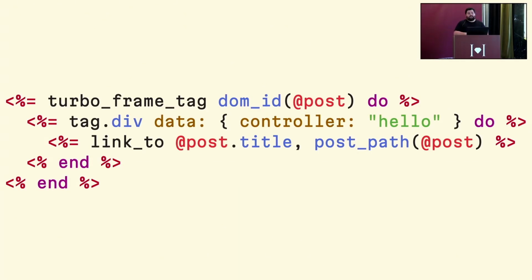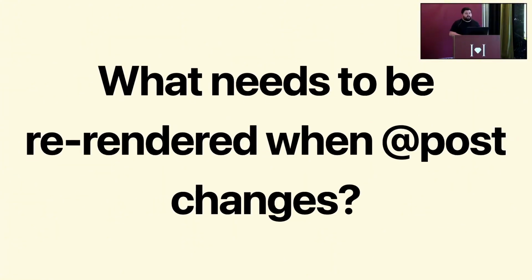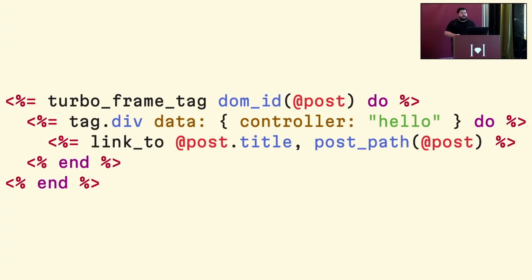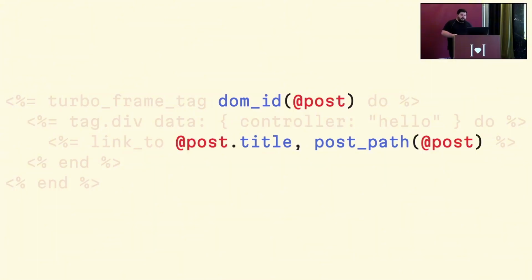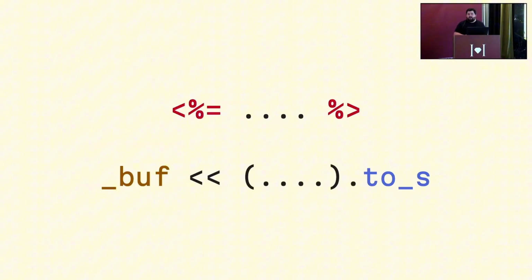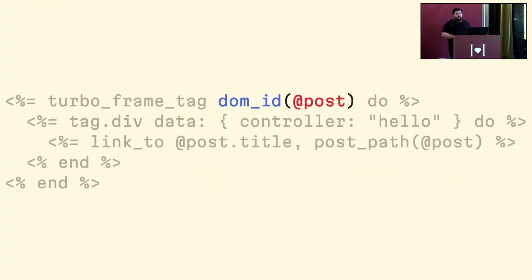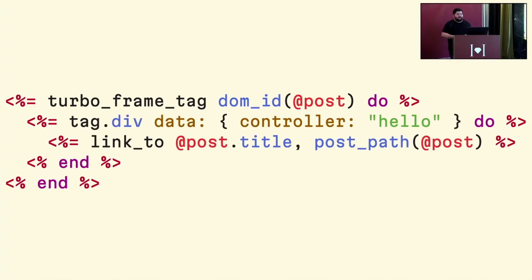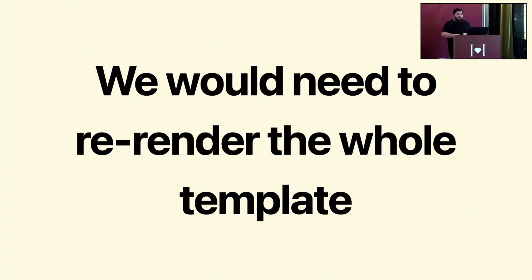So in this case, if you want to know what we need to re-render whenever post changes, we want to do the minimal amount of operations. If you look at where post is being used, it's these three places. And we learned earlier that you just care about the string output from these operations. Taking the first one, we are using DOM-ID here. We don't care about the content, but we know we need to look at this whole tag now. And since this is a block, we need to look at the whole block and also at its contents. And then we are pretty much at the point where we need to rerun the whole template as a result,